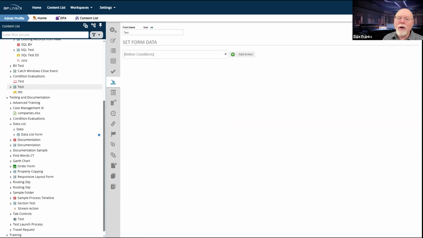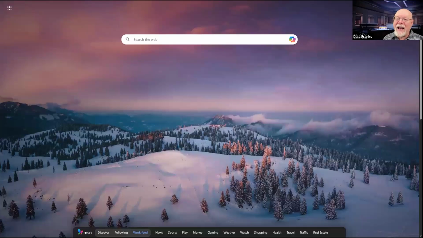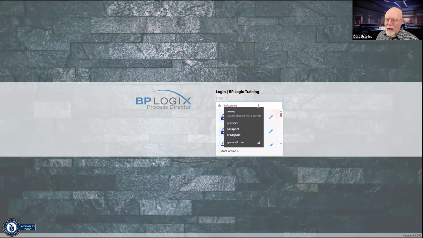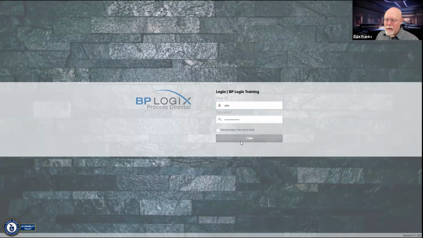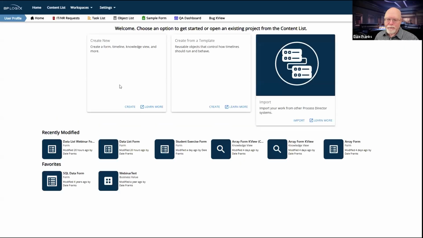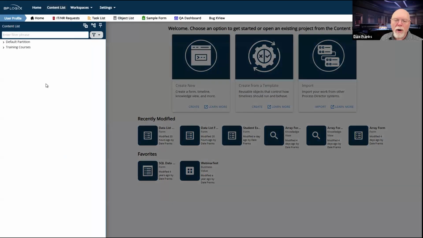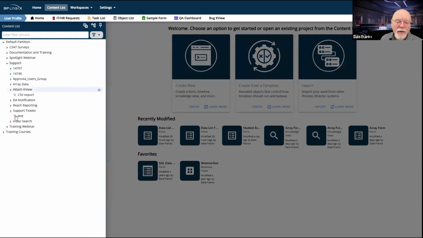Now, if we look at a server that does not have bootstrap turned on, because I turned it off yesterday intentionally, let's go to my other server, my training server, and let me log into that. If you have bootstrap turned on, you would never notice that. So if you go to any form on this server now, since I've got it all turned off, let's find a form.